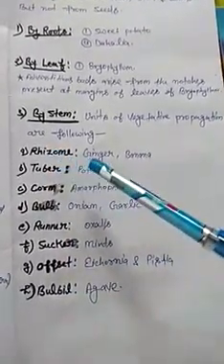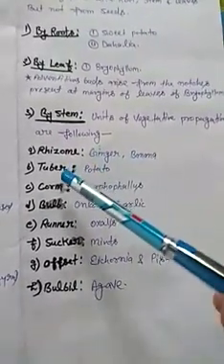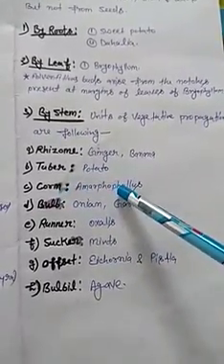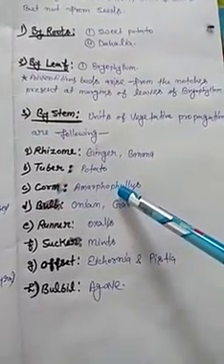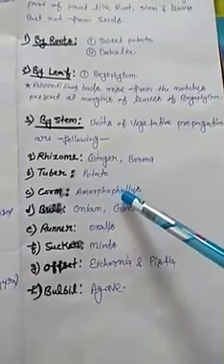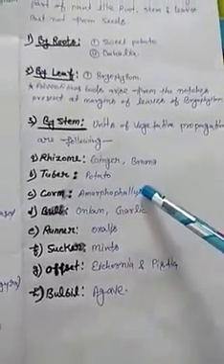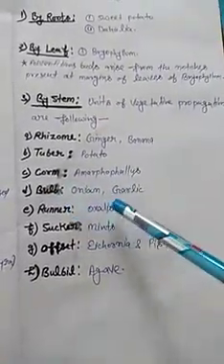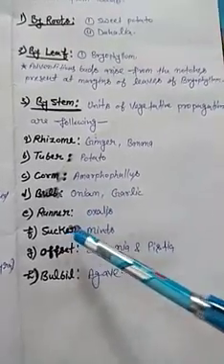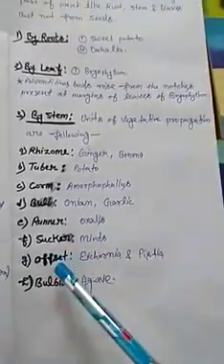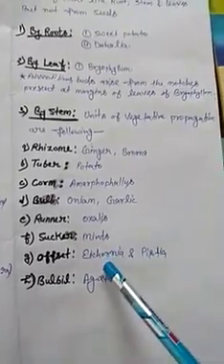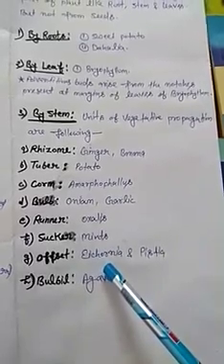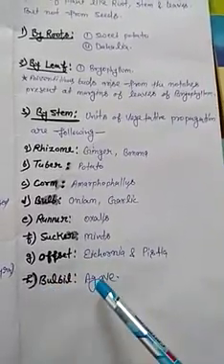The example of rhizome is ginger and banana. Example of tuber is potato. Example of corm is Amorphophallus, also known as Jimmican and elephant foot. Example of bulb is onion and garlic. Example of runner is oxalis. Example of sucker is mints. Example of offset is Eichhornia and pistia. Eichhornia is also known as water hyacinth and terror of Bengal. And example of bulbil is agave.